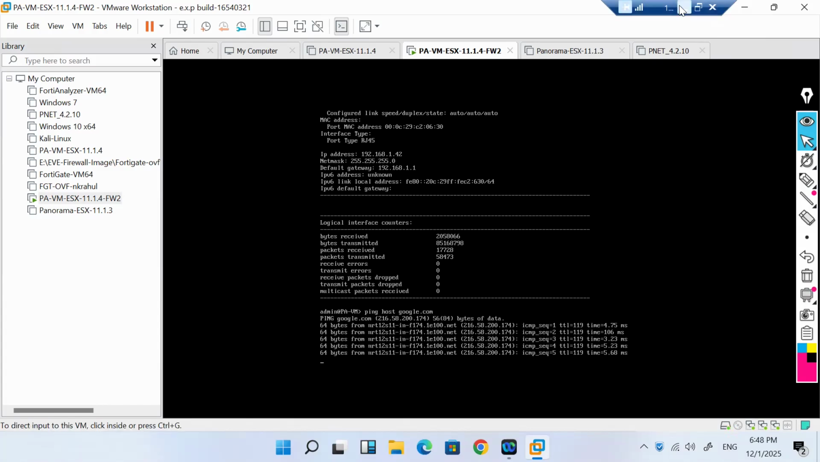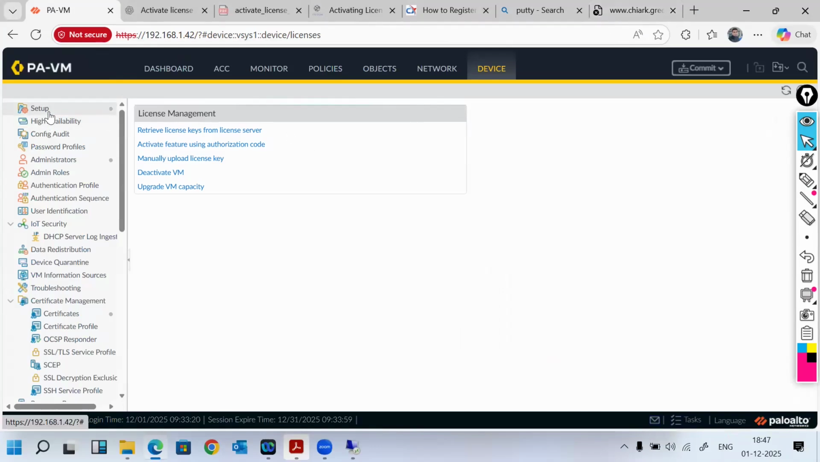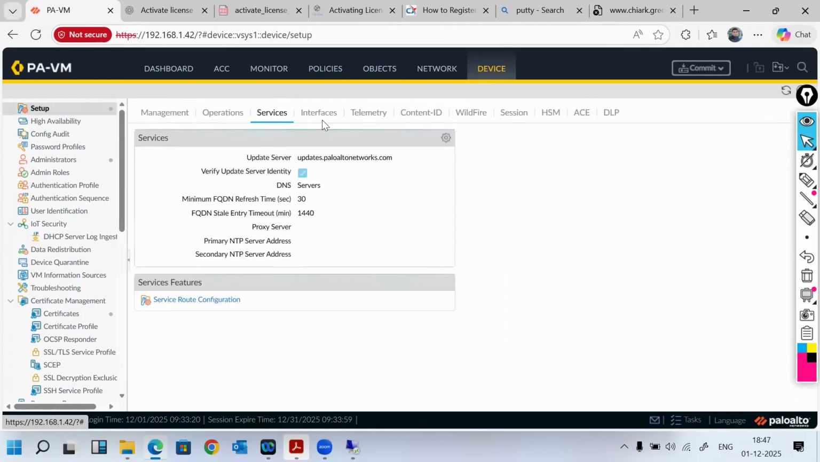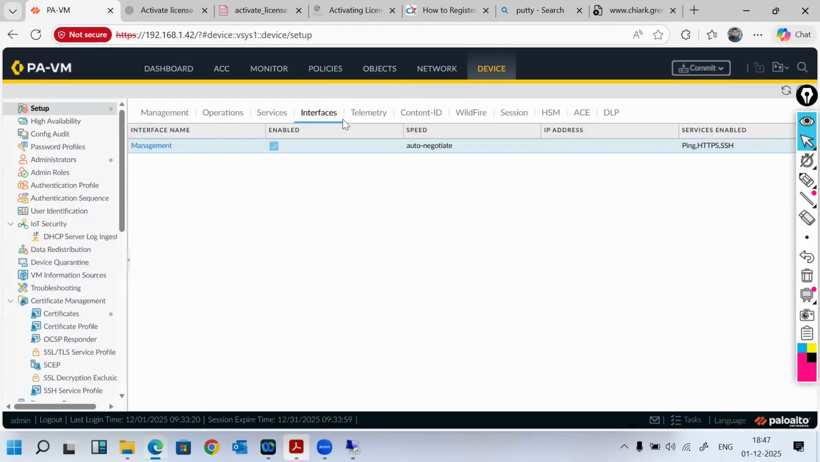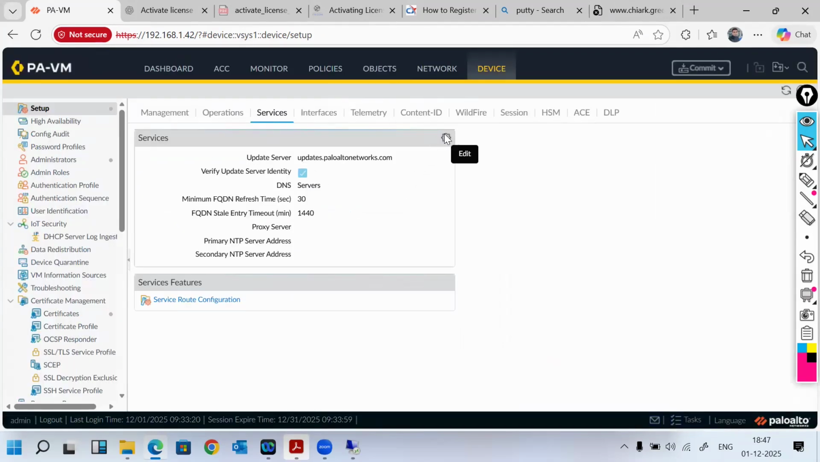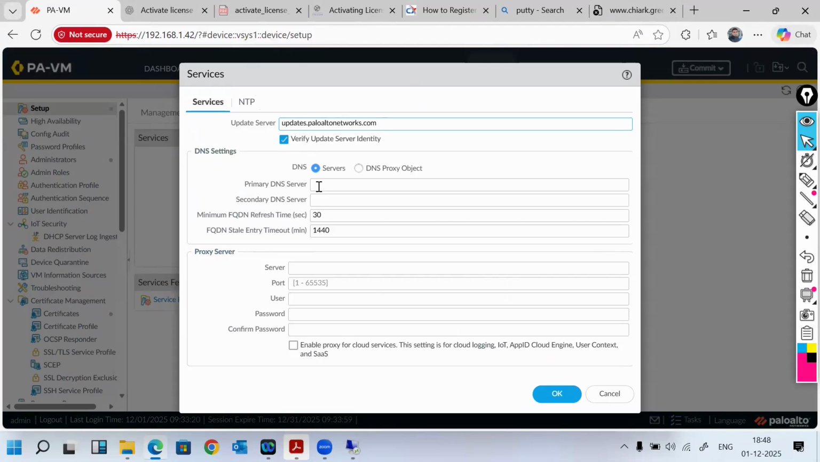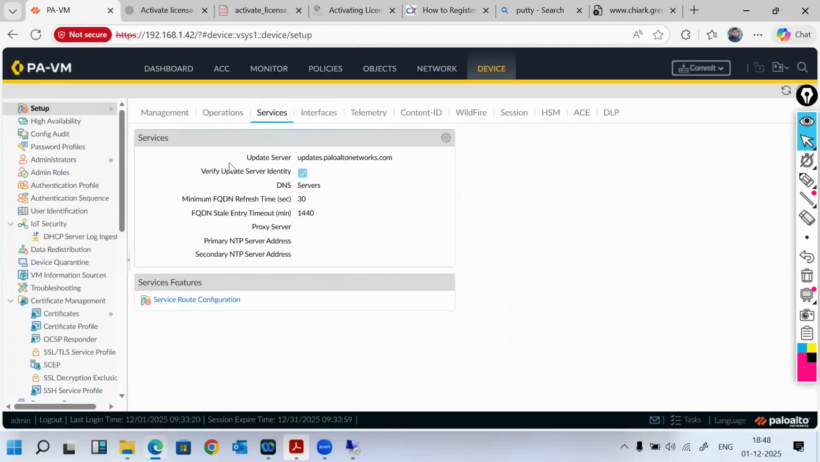If Google is not pinging, you just have to go to the device option, setup, and put the DNS in the services. You can provide the primary DNS and secondary DNS. You can just put here 8.8.8.8, and also 1.1.1.1, that is a Cloudflare DNS. This is a public DNS. So after that,